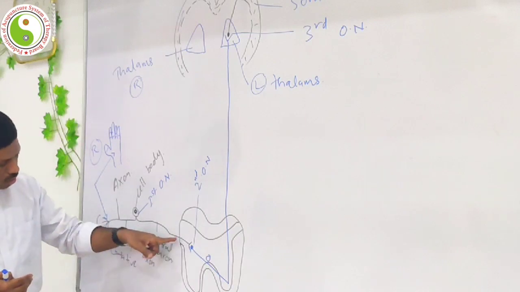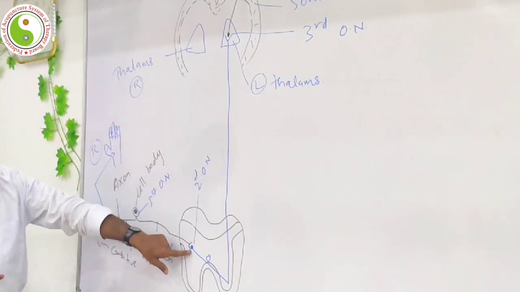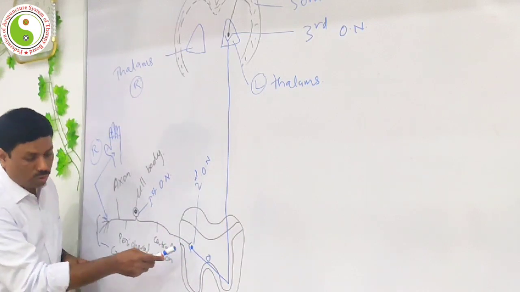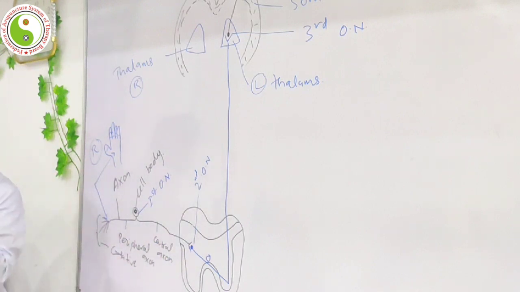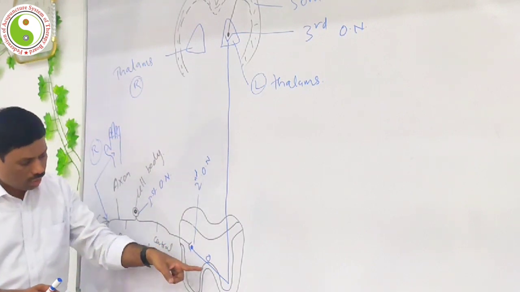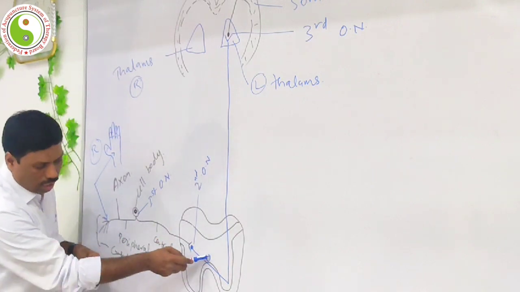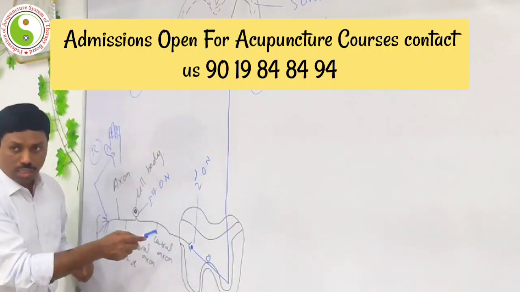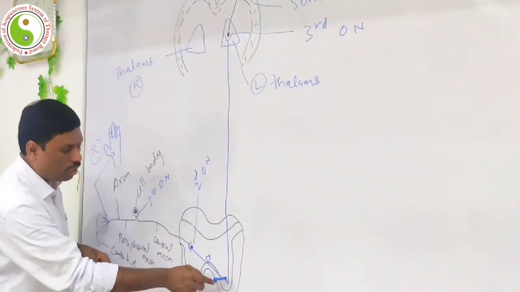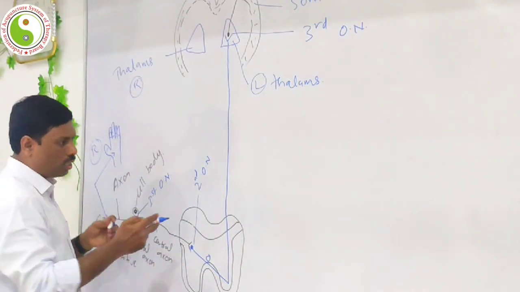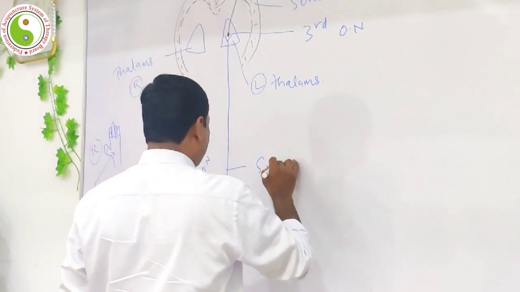So from here, these neurons communicate to here. This second order neuron carries those pain impulses and goes in the other direction, crossing the central sulcus. From here it crosses the commissure, and then it communicates through this pathway called the spinothalamic